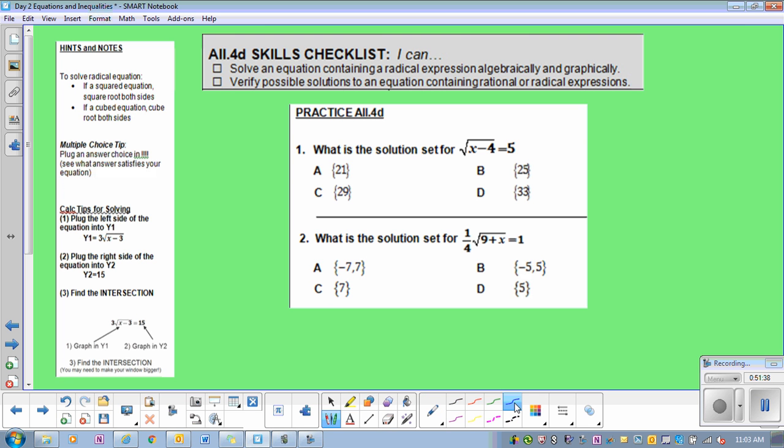If I were to solve this out, square root of x minus 4 equals 5. We're solving for the x. How do you get rid of the square root? Take it to the power, right? Square it. So x minus 4 equals 5 squared, which is